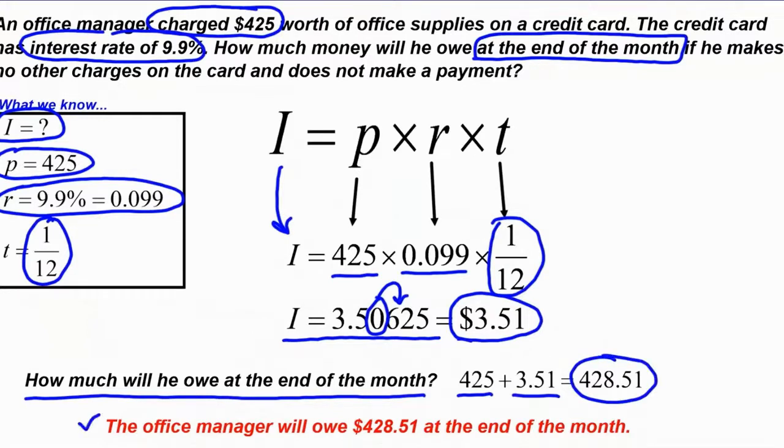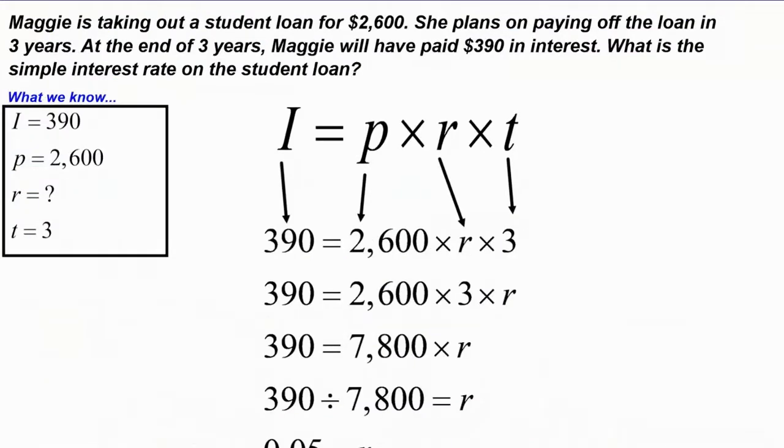So the office manager is going to owe $428.51 by the end of the month. So that was the original charge plus the interest. Here, let's take a look at some problems where something else is missing besides the interest. So we can still use the formula to solve these types of problems, but it's a little bit different, so